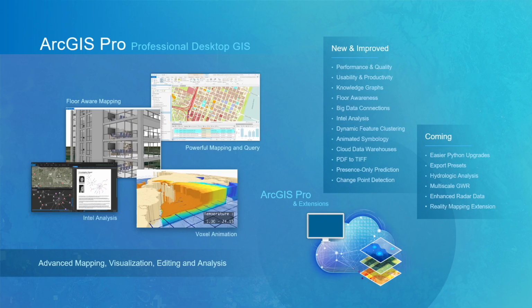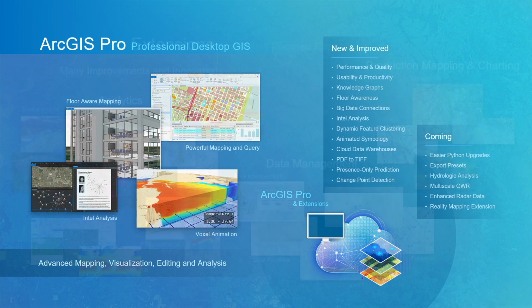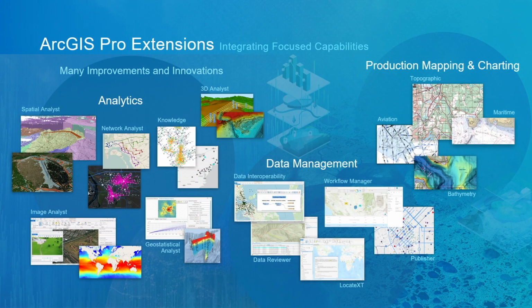But let's start with an application which I think should be familiar to most of you, ArcGIS Pro. ArcGIS Pro has evolved into a powerful, robust GIS desktop application, which, although a desktop application, has web connectivity at its heart, allowing you to take advantage of ArcGIS Online or Enterprise content, sharing and analytics. And remember, ArcGIS Pro also has a number of focused extensions which enhance productivity and extend analysis capabilities. These work seamlessly with each other and with the wider ArcGIS system.